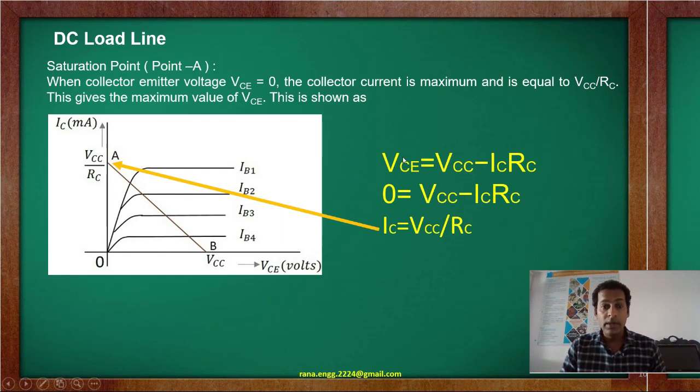Both we are using. But on the vertical line, what is the value of voltage? It's 0. On this axis, current is increasing, but voltage is at 0. Voltage is increasing on this side, towards the right. The voltage value on this particular line is 0. So for finding this point A, VCE is 0. So the remaining expression will be VCC minus ICRC equals 0. From here, the output current will be given by VCC by RC. So this VCC by RC is the formula for point A.